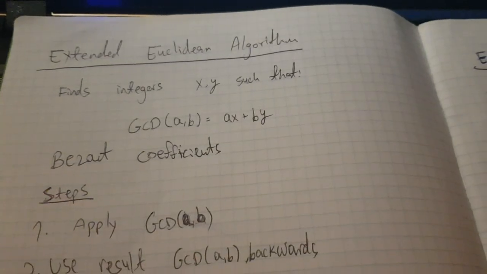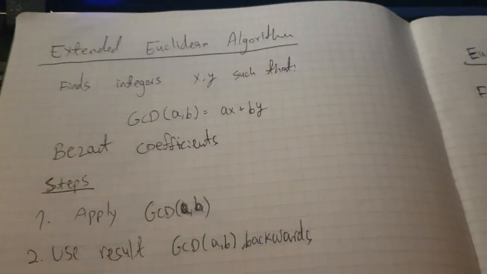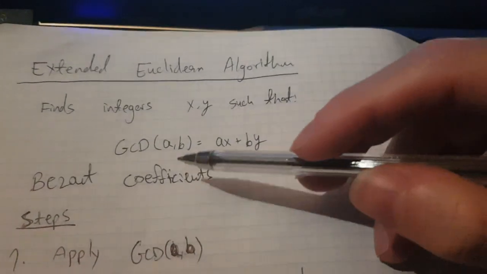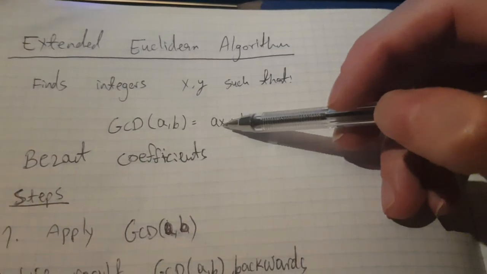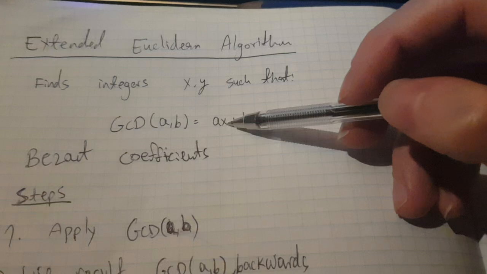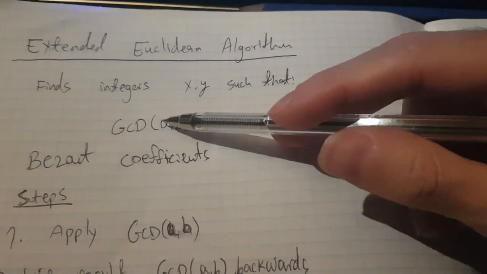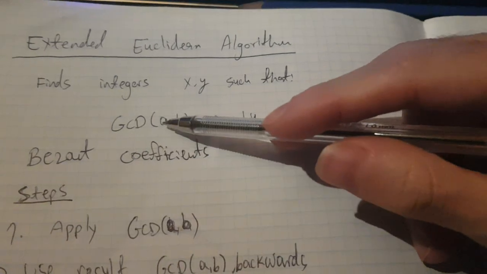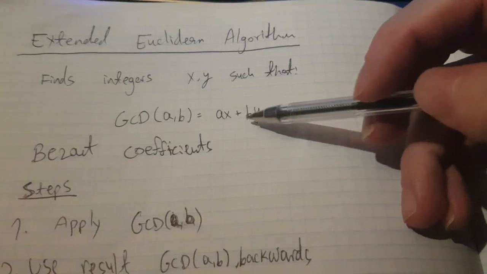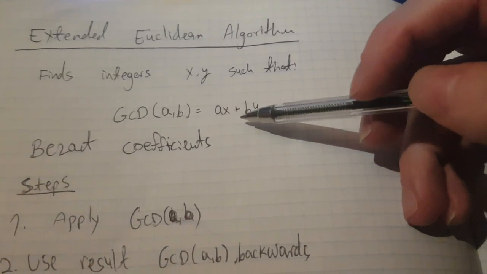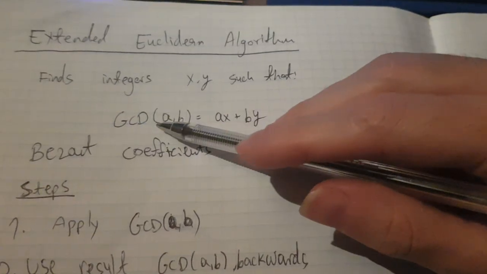And now we are going to get what combination, what two numbers we can multiply the numbers that we did the greatest common divisor on, such that their combination will give us the value of the greatest common divisor. You can see this a is here, this b is here. What combinations, what integer to multiply each one of them and then combine them to get the value of